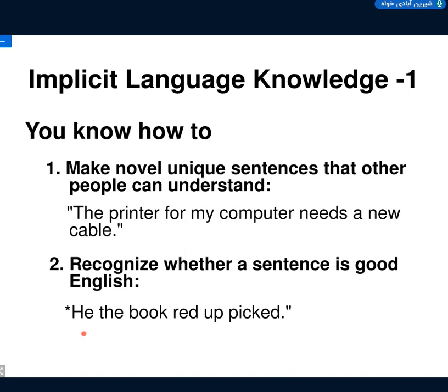If you ask children, for example, to explain why this sentence is not correct in Arabic, they may not be able to. So if you tell a child, for example, that in a sentence you put two verbs and ask them, what's the problem with this? They may say, it is not correct, but I don't know why it is not correct. So they can recognize and they can produce sentences.